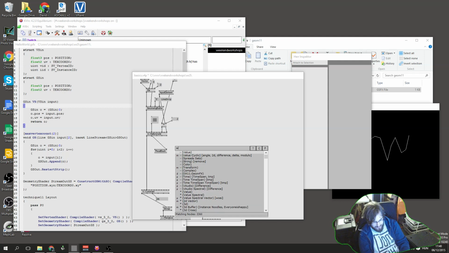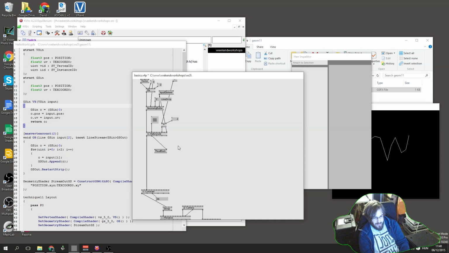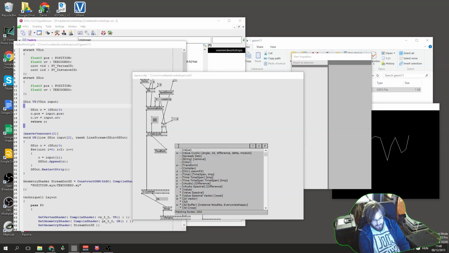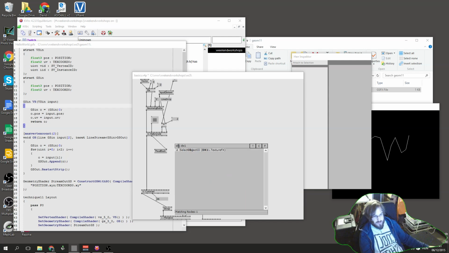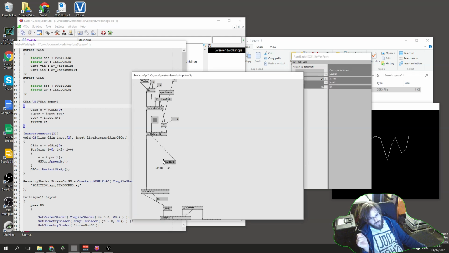You have a dedicated node for that in DX9, so that's write mesh EX9 geometry, but I think instance noodles comes with an OBJ right there. Nope, that's something different. Anywho,